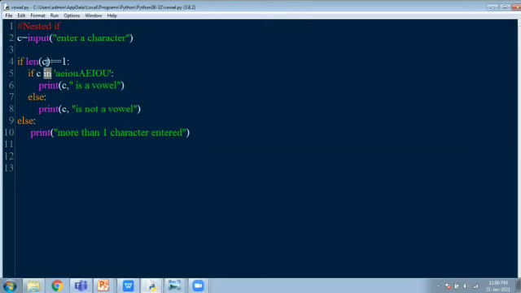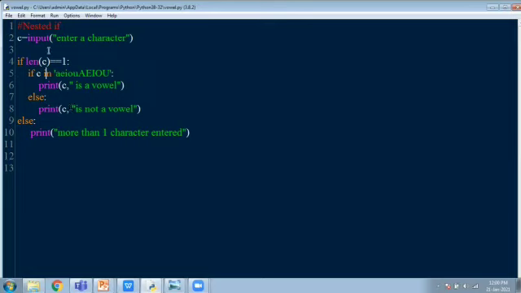If yes, then you are checking whether the character is in this list of vowels. So if it is in this list of vowels, then you print it is a vowel. You can check it like this using the in operator, right? If c in A, E, I, O, U, a, e, i, o, u. So any of these letters, if this character is matching with any of these letters, then it prints it is a vowel. Otherwise, it prints not a vowel.